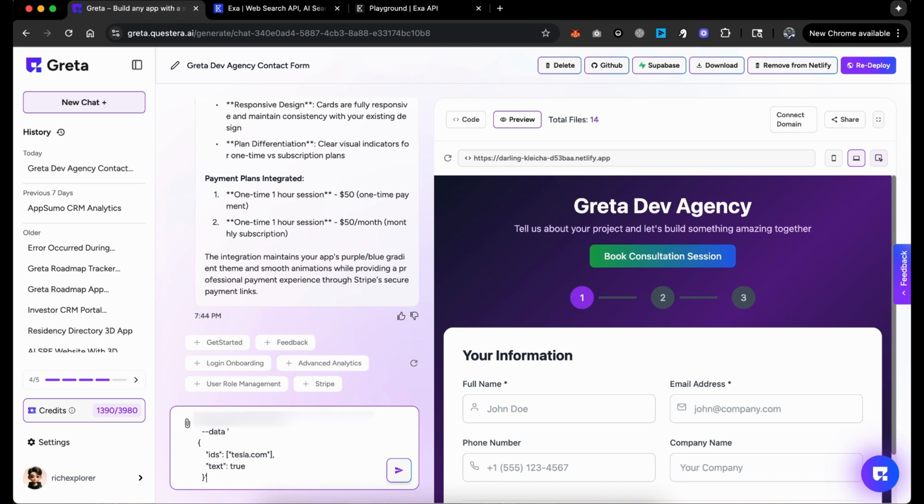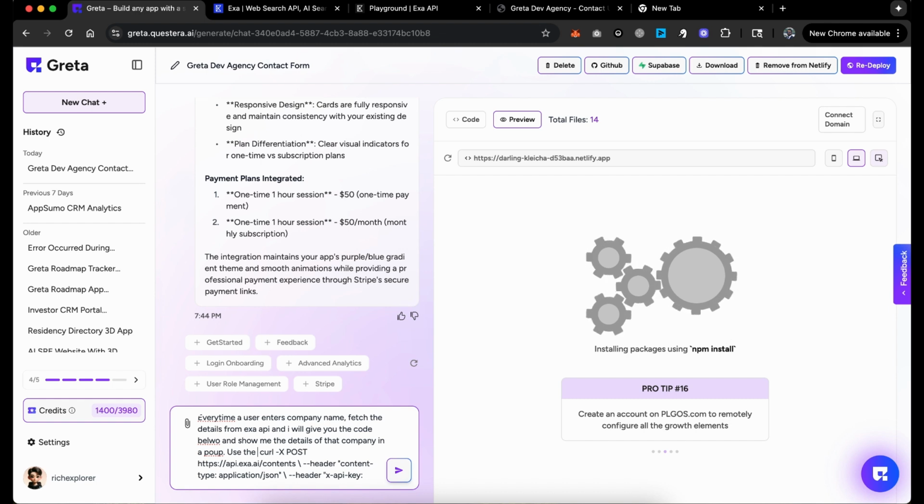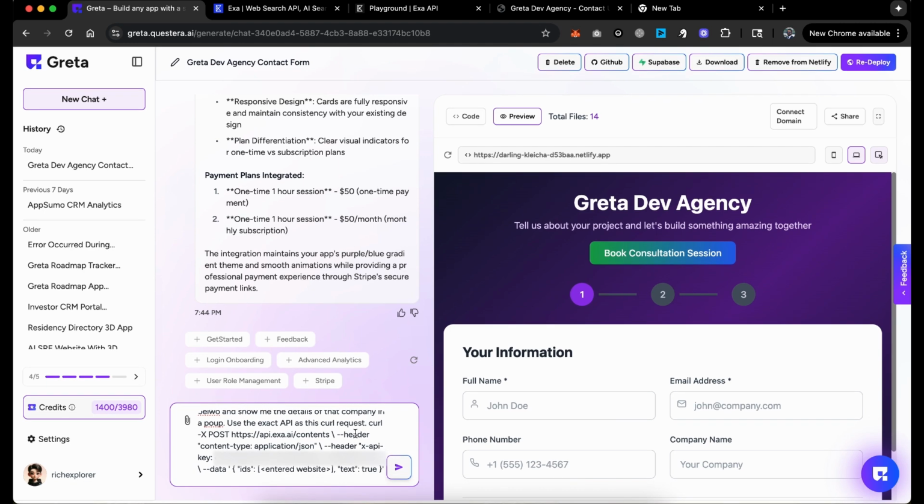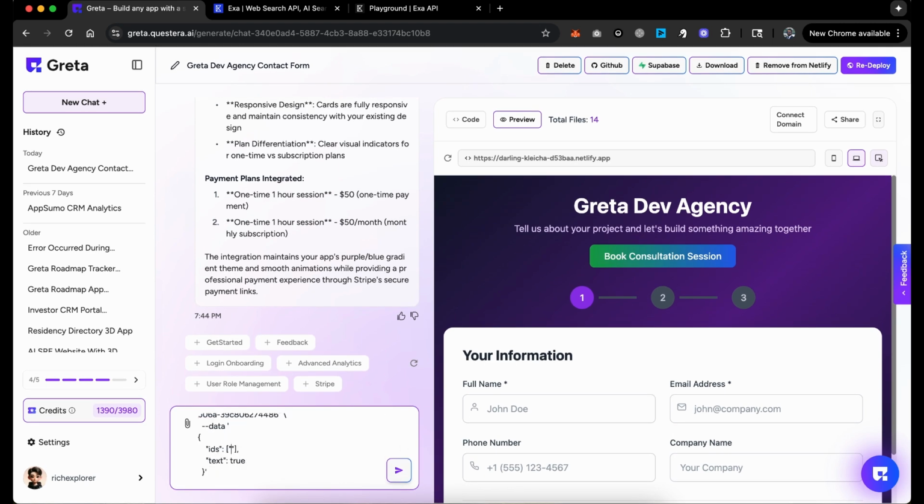And then I paste what I copied from there, and I know it says IDs tesla.com. Here I can just say use the exact API as this curl request. I just want to make sure that it is not being over smart and trying to use something that I have not asked it to use. So I just said use the exact API.